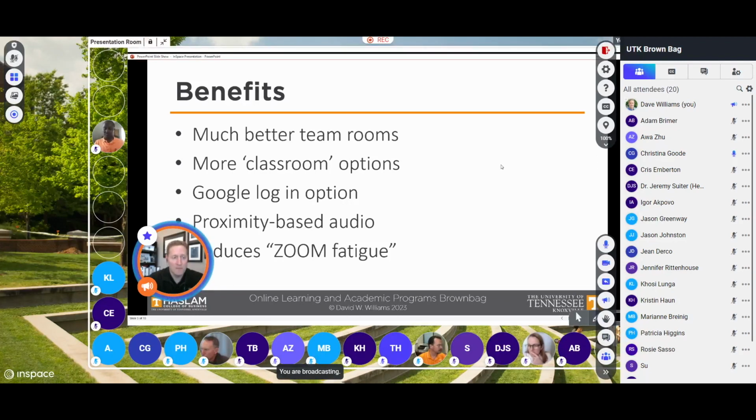There's more classroom options that you can switch around in the middle of doing a class, and I'm going to do that here as we go through. The Google login option is super helpful for our students since their emails are already Google ready. The proximity-based audio makes it